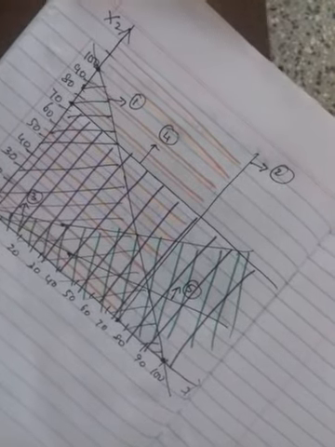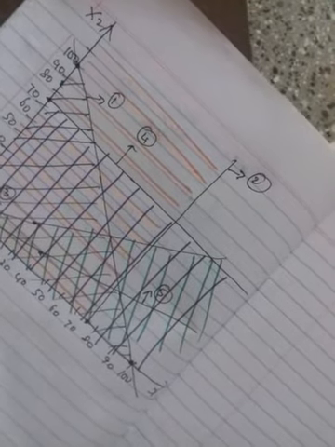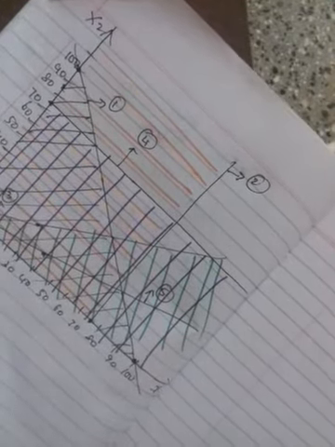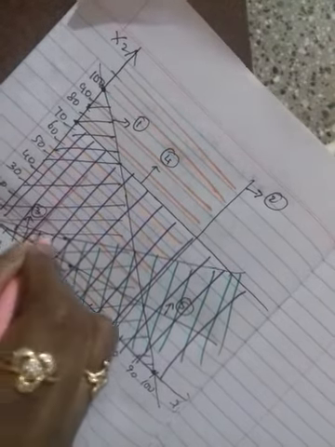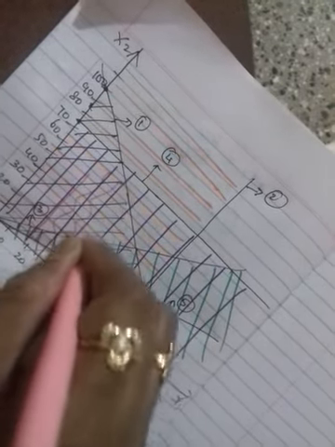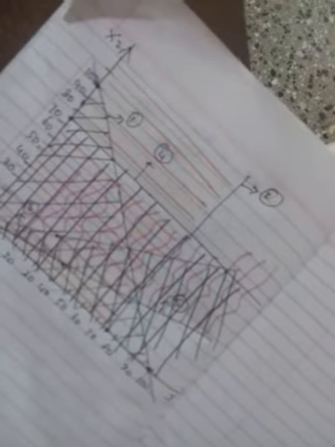If you take the fifth one, it is greater than or equal to. This is the fifth line, isn't it? Greater than or equal to, in the sense away from 0. So you have to take away from 0. It is a little clumsy, so that's why I am using a different color. Now where all the colors are joining together, that one is your feasible region.